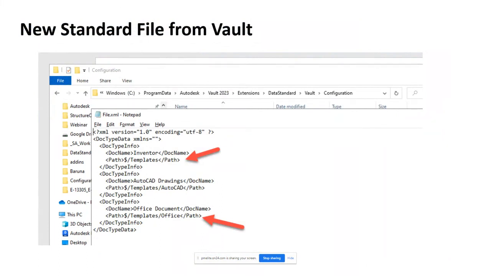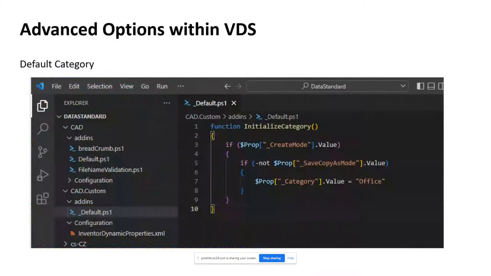So if you want to do Inventor, AutoCAD, Office, Revit, whatever you wanted to create, you could put them in there, and it's a dynamic file. Okay. So now the default category, that's something also that can be done in here. So right now,